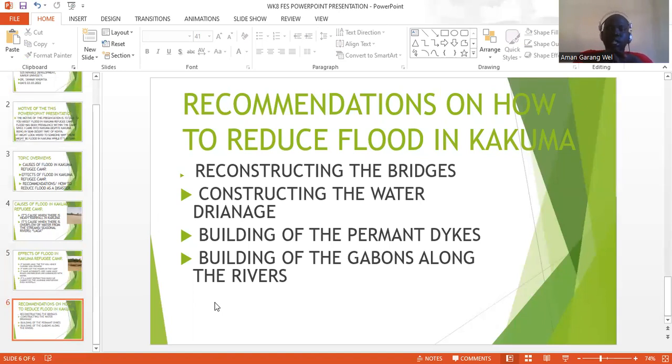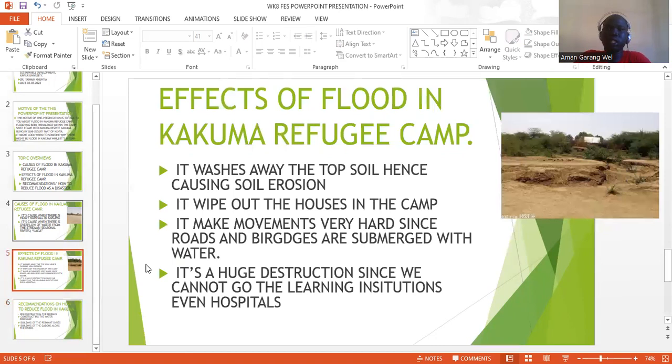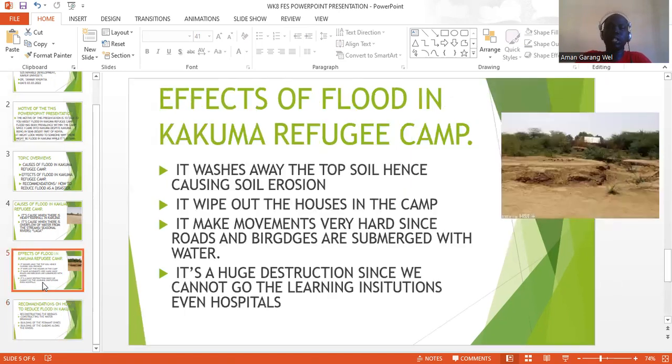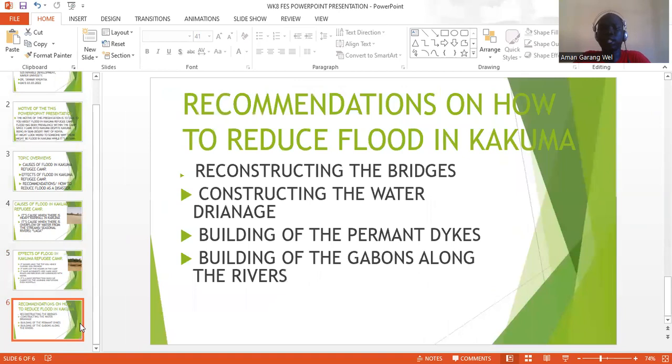Another recommendation is building of gardens along the rivers. As you can see in this picture, if the government can put them across these channels of water, I think this community, or this house, cannot be affected by the flood, because water will not have that force of reaching the community. This is something that we need to look into, and possibly if we practice all these things, I'm sure that we can